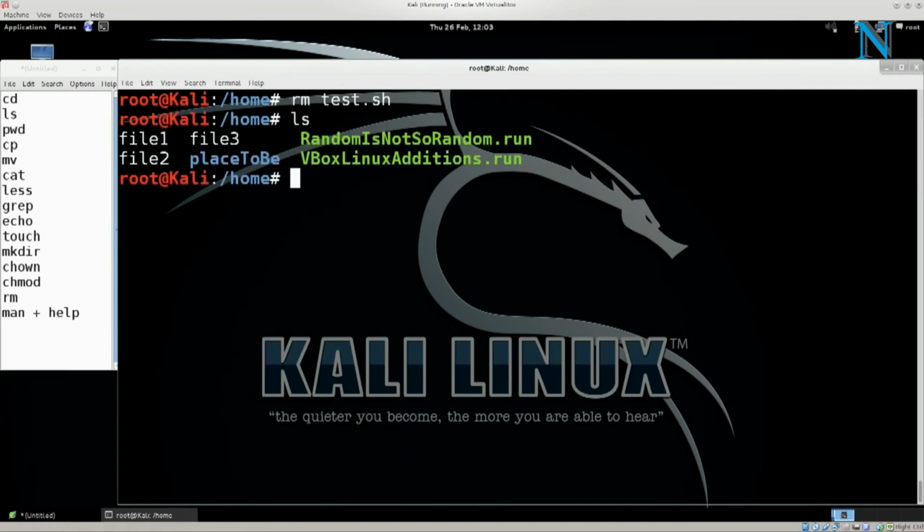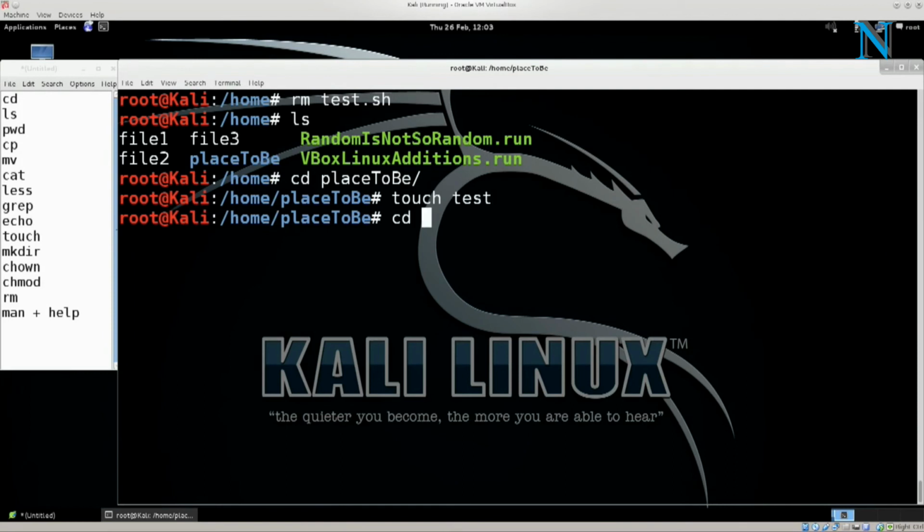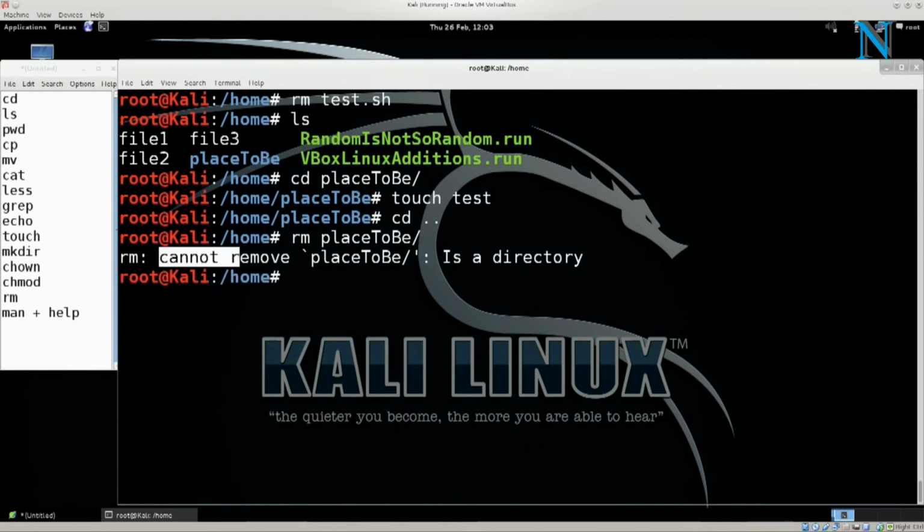But if I go ahead and navigate over to place to be, and I don't know, touch test, I'm going to make a new file there, and if I go ahead and say rm place to be, it's going to say rm cannot remove place to be because it is a directory. This is a failsafe of the rm. So you wouldn't delete a full directory because you wouldn't be able to recover it, and that would be really bad. What you can do is type in rm -f